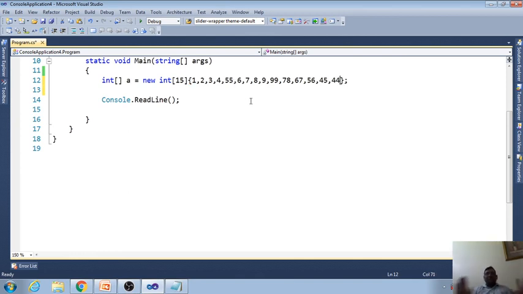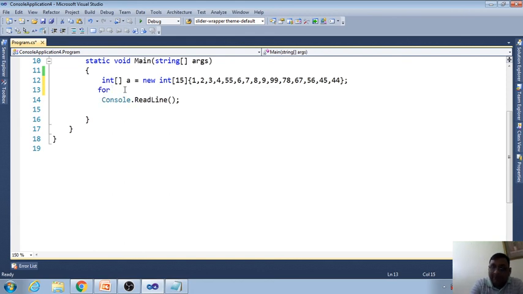So 15 values are there. I want to print all the values, not only a single value, and one by one all the values will be printed.